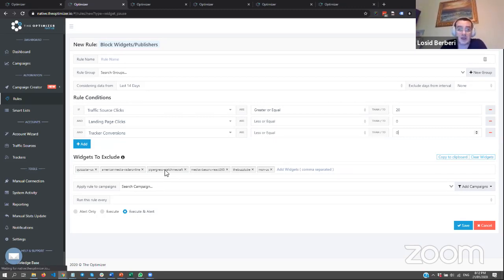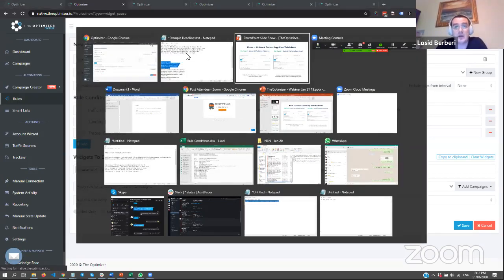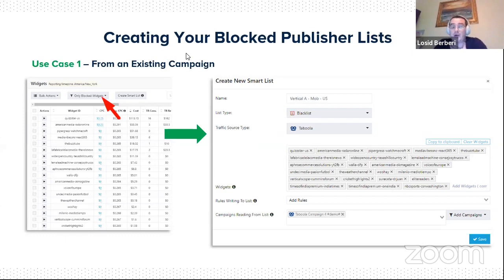So it's quite effective, and for those guys who are seeking to get traffic from specific placements, like bidding pretty high on those placements and things like that, it is easier to avoid any rules blocking your potential publishers or the ones that you are trying to get traffic from by adding them to the widgets to be excluded from a specific list. So another thing I would like to go through is the creation of